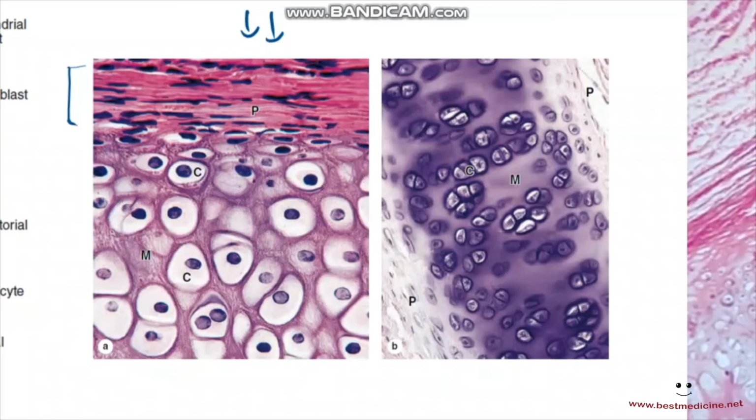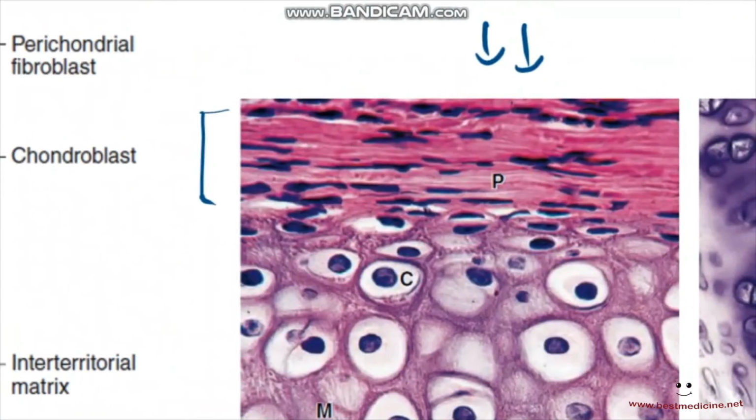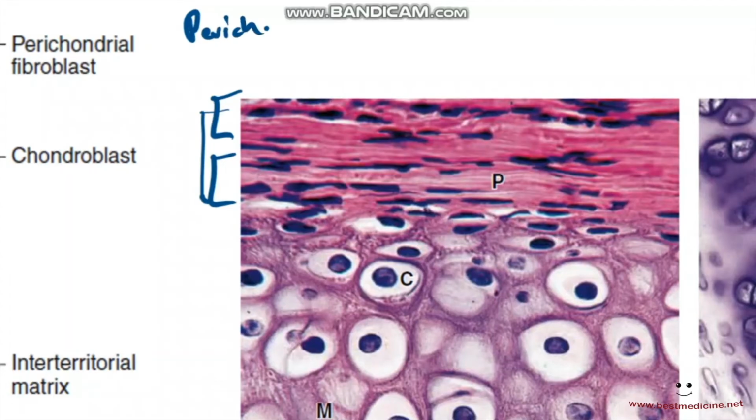Okay, now what I'm going to show you is that the perichondrium actually has two layers. It has a top layer and a bottom layer. And I want to mention another fact here, that perichondrium is not always present in every hyaline cartilage. There are two exceptions to the presence of perichondrium. Perichondrium is not present where? Any guesses? Perichondrium is not present in